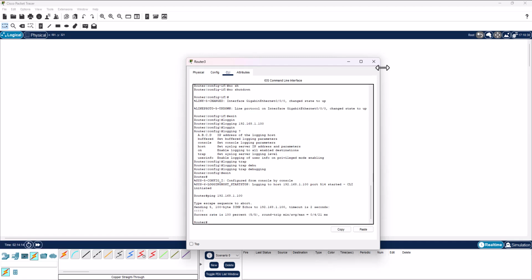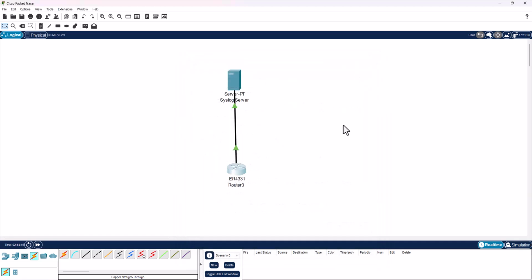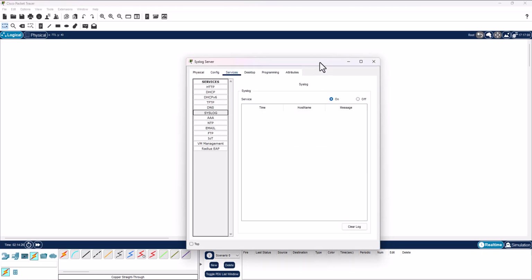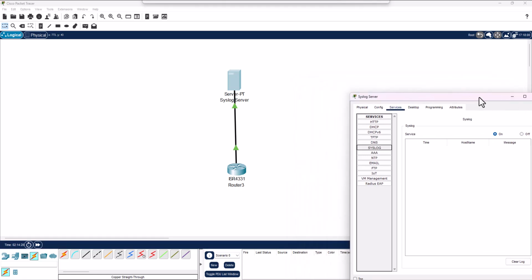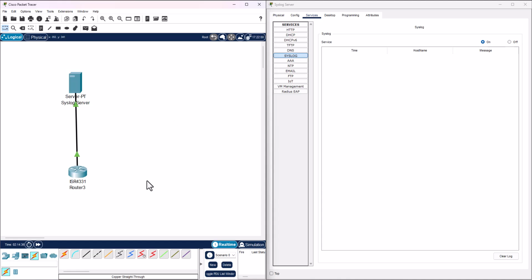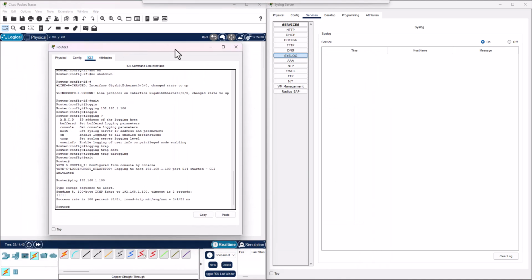Okay, great. And to make sure that the Syslog server is now set up and running and that the router is sending log messages to the said server, we will open up the server, go to Syslog, and then bring the window to the right-hand side of the screen. We will drag the entire infrastructure over to the left a little bit. We will open up the router,